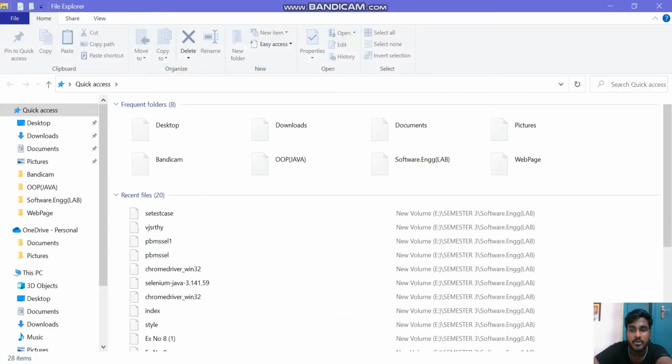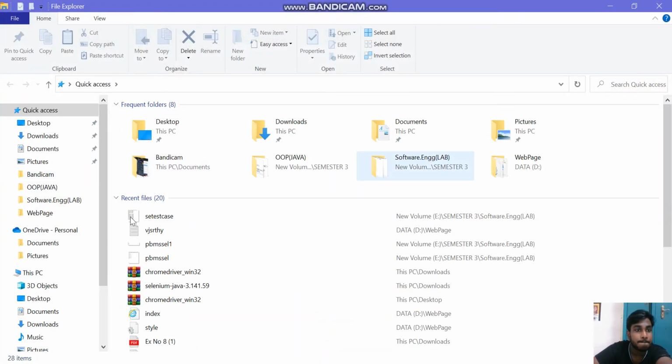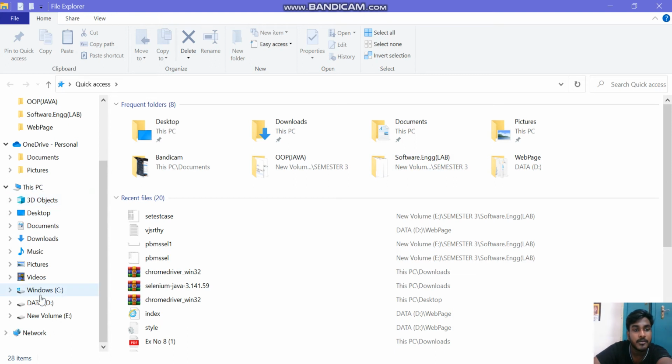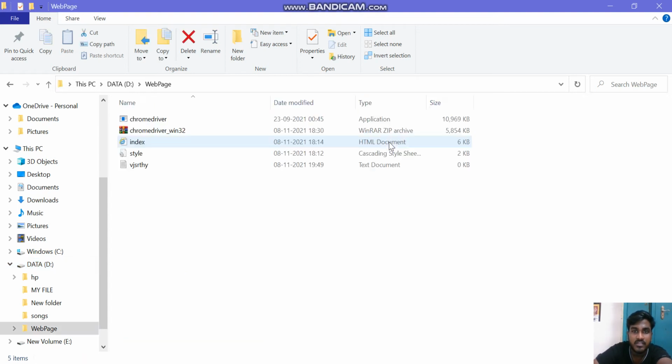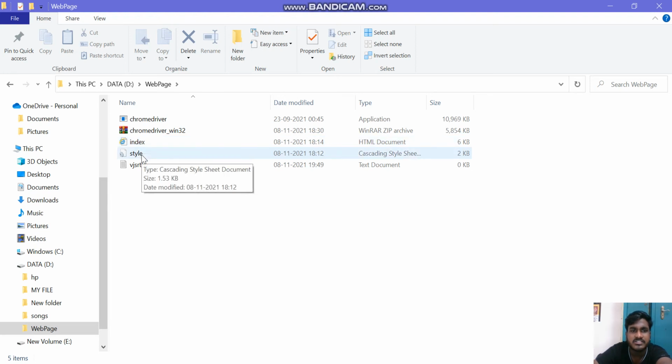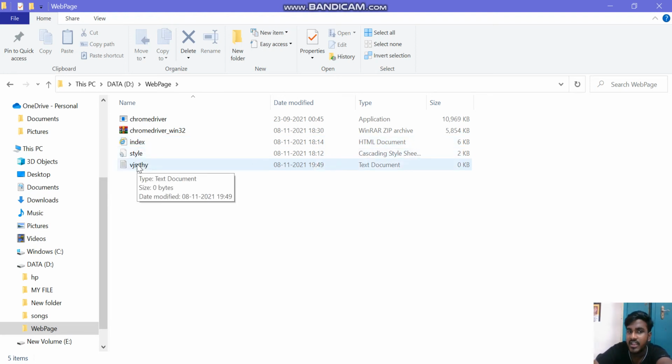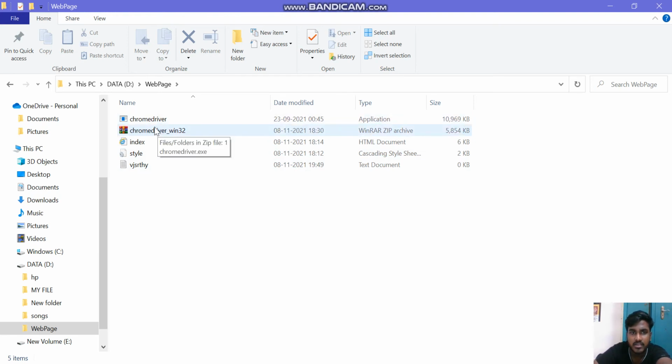See here, I'm going to the software folder. I'm opening my D drive. I'm opening this folder I created. In this folder I created an index HTML document, a CSS style document, and an empty text file, and the Chrome driver also I extracted.